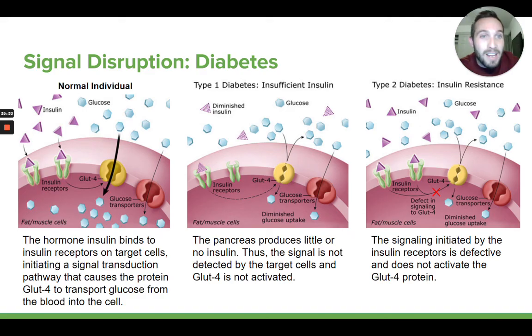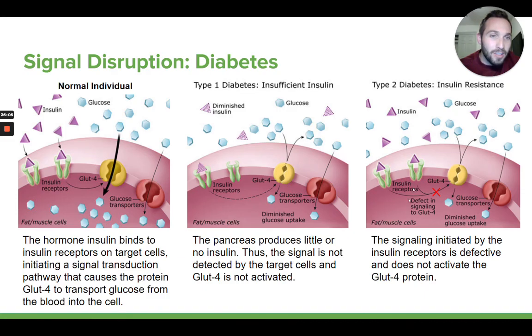Type 2 diabetes is basically the same problem, but for a different reason. People with type 2 diabetes have cells that have acquired a resistance to insulin. So they make insulin just fine. Their pancreas pumps out a bunch of insulin just like a normal non-diabetic person. So there's a bunch of glucose in the blood, and their pancreas releases insulin into the blood. But when the insulin binds to the receptors, they don't become activated or have a hard time